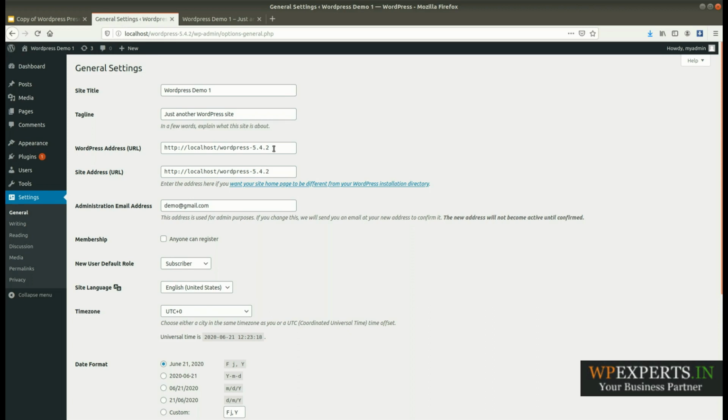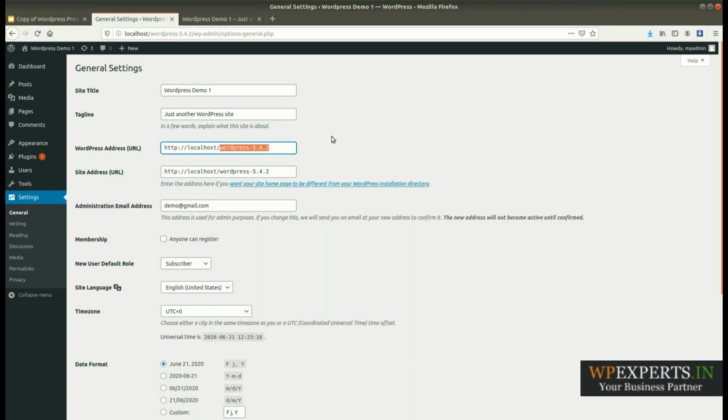Basically, if you are setting up WordPress in a new directory, for example if you have installed WordPress in an ABC folder in your root, and you want to access your site without the subfolder in the URL, then you need to define the WordPress directory path here.